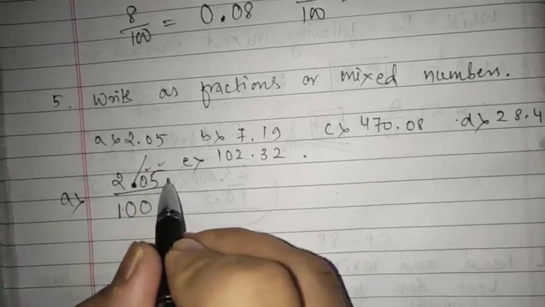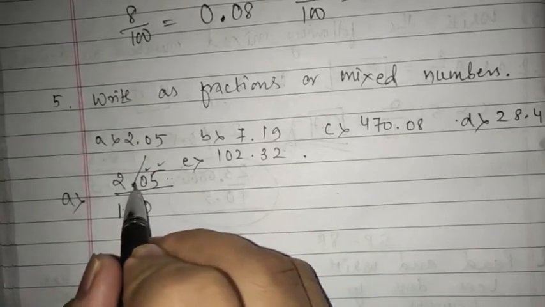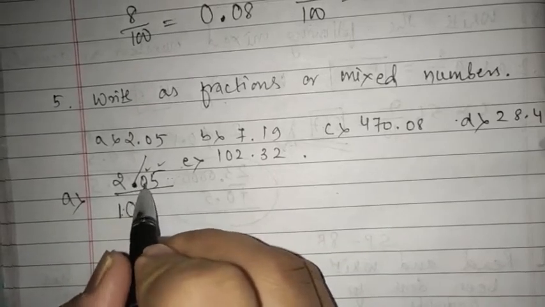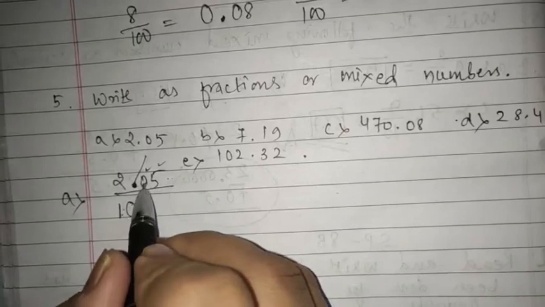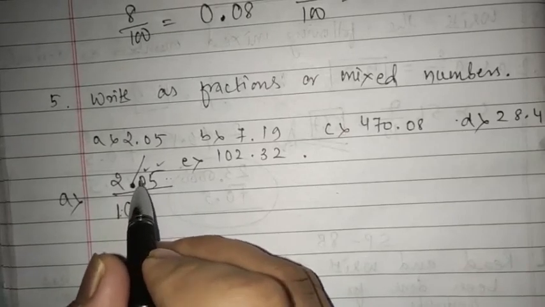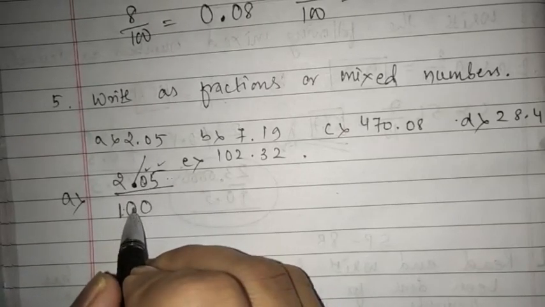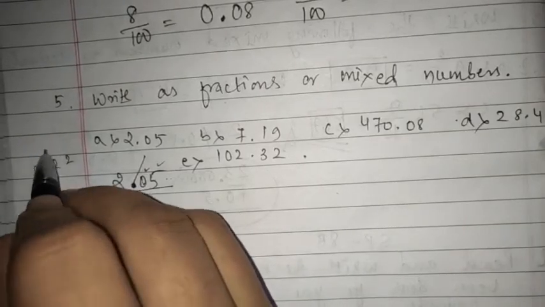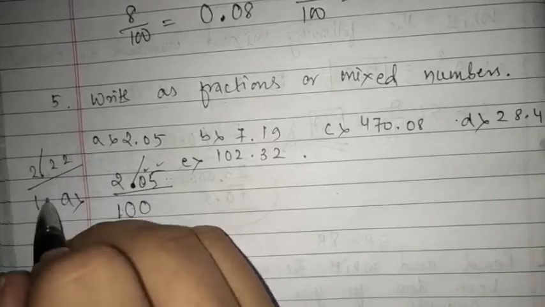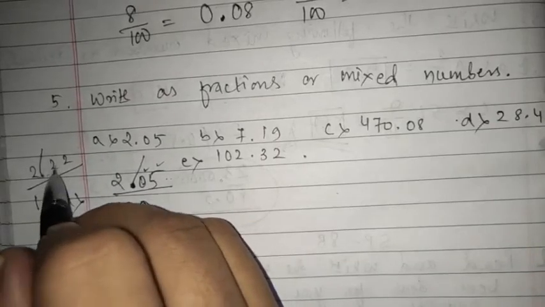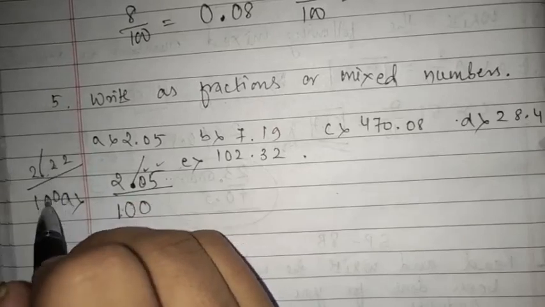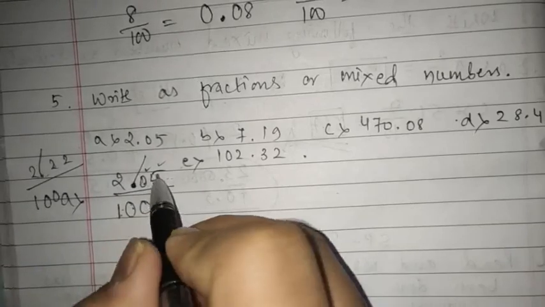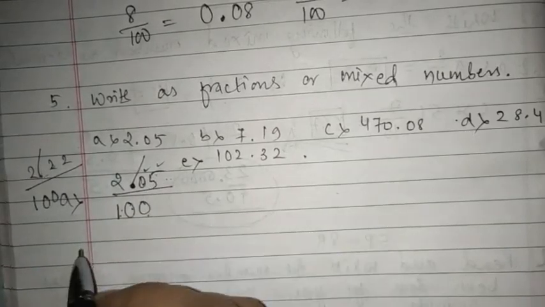If suppose there are 3 digits after the point, you will not count the point. The point will be written once, as 1. After the point, what number is there? 0. We are not writing it here because it is 0. Whatever the number is, suppose you have 2.22, you'll remove the point, write 1, then write 0, 0. Did you see that it is 2, still we have written 0. Here it is 0, still we have to write 0. 205, convert it.